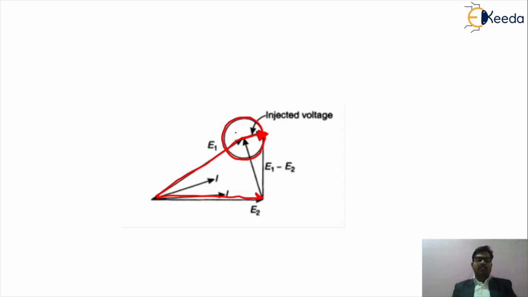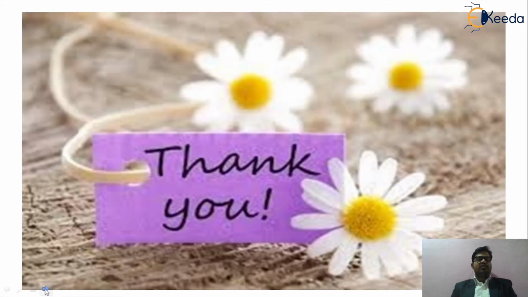So friends, in this way we have studied in detail the power flow and the dynamic stability consideration of your transmission line. It is appreciable that, without high speed control of any parameter, that is E1 and E2, corresponding to 90 degrees, it is necessary to maintain the adequate margin needed for dynamic stability to ensure the system does not collapse following the outage of a transmission line. So friends, in this way we have studied in detail the dynamic stability consideration of your transmission line.